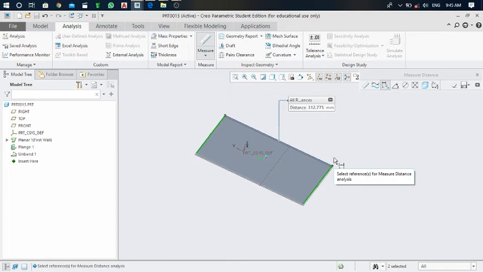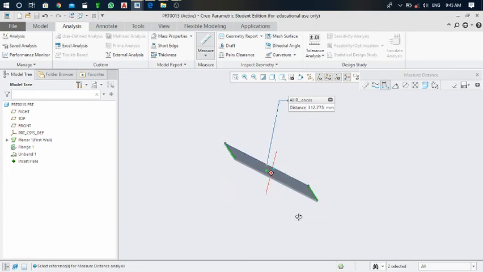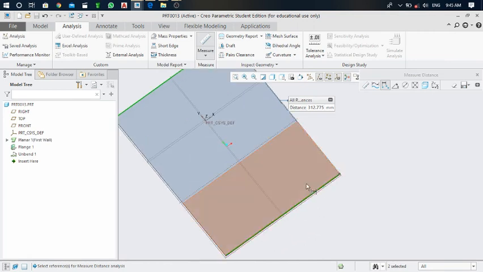So for different values of the bending factors like the K and Y factor, the development length depends on the bend allowances also. It is changing.